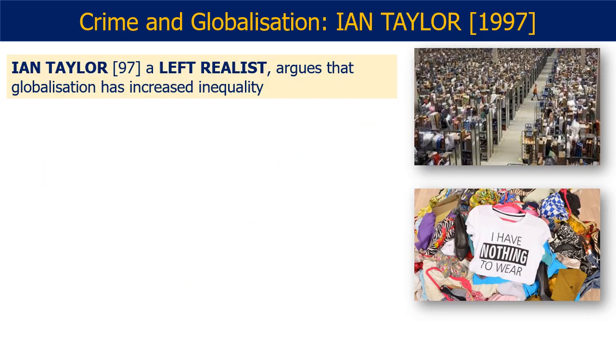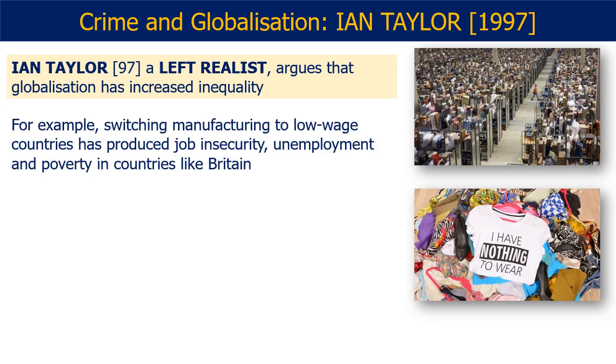Ian Taylor is a left realist who argues that globalisation has increased inequality. For example, switching manufacturing to low-wage countries, moving industry out of westernised countries over to countries where there are less rigid labour laws, and where things like garments can be mass-produced at very low wages. This itself has produced job insecurity, unemployment, and increased poverty in countries like Britain because work has been removed, industry